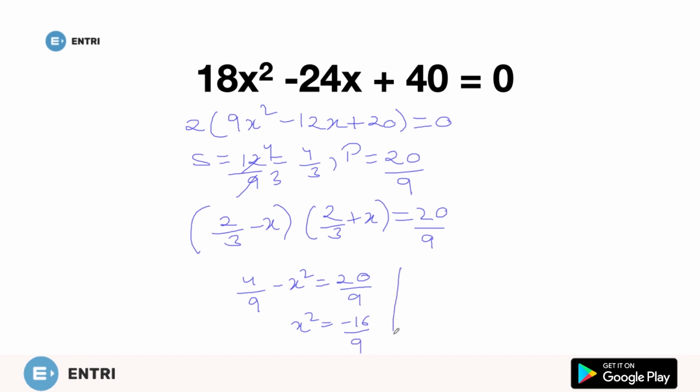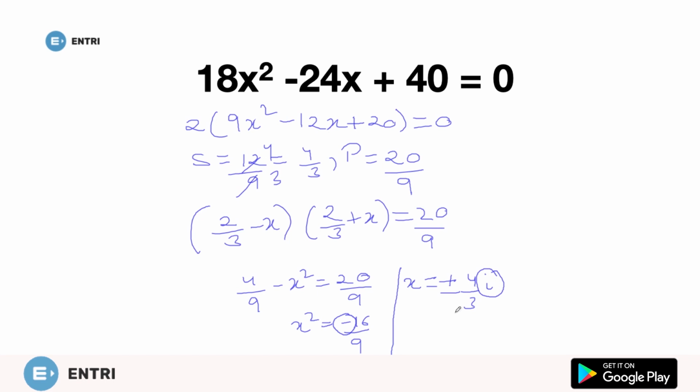Now this is the tension. You'll see that this time the x square's value has come negative. That means this is the complex number, that is the imaginary number. And when it comes about the imaginary, you will see that it has become quite difficult. No, it is not difficult, because we very well know that when we solve this value, we are going to get the x value as plus minus 4 by 3 iota. Yeah, you are right. This denotes the imaginary number.